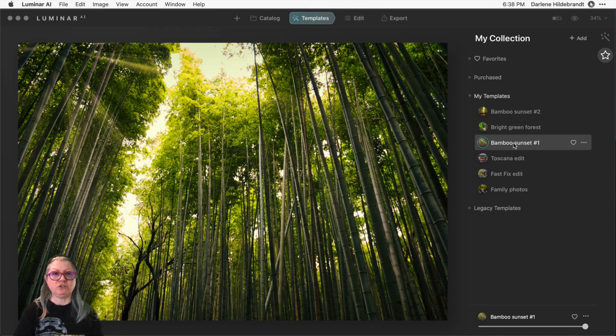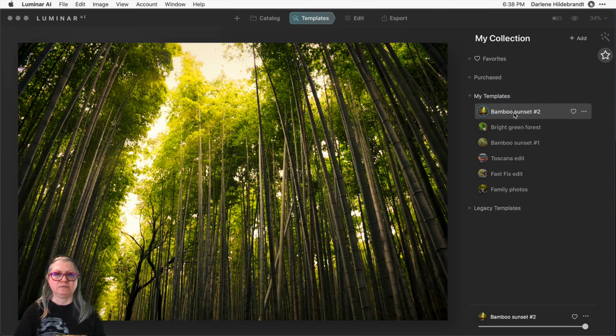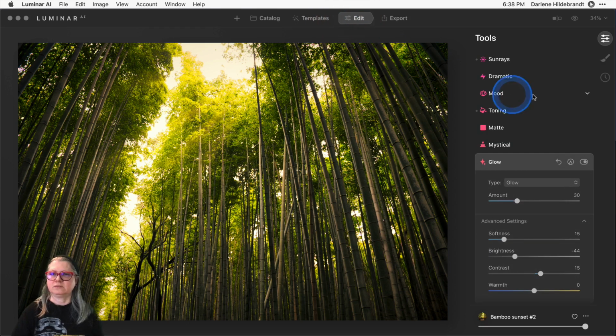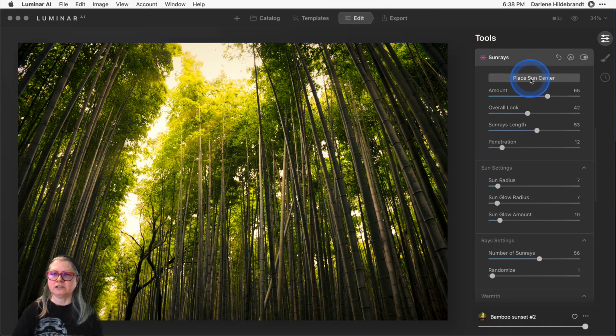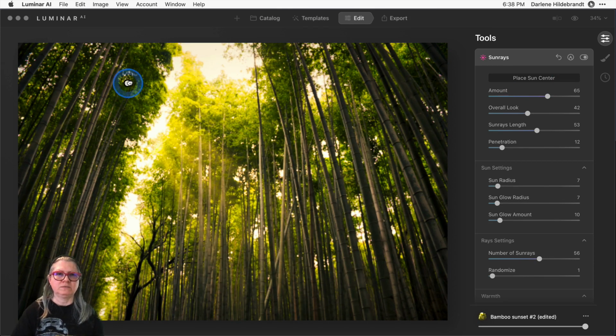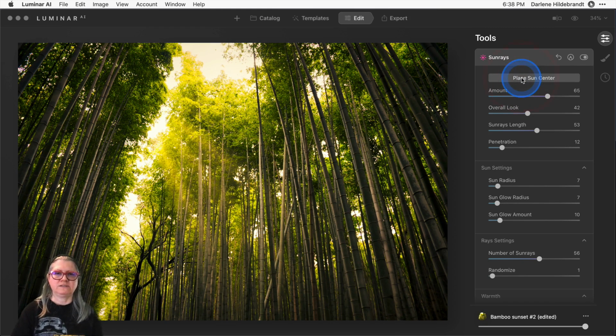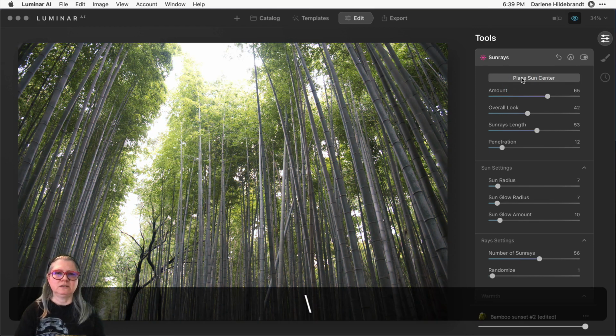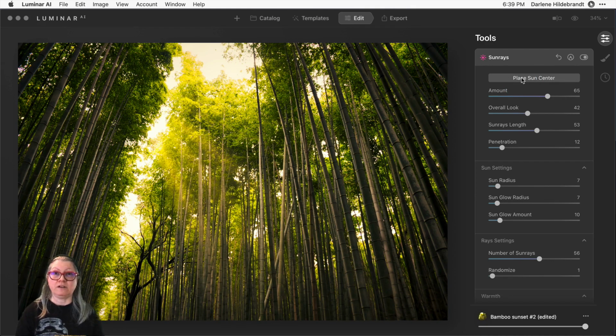So you can see with this image, one click and it's almost done. All I would need to do is move the sun rays to a more applicable location. Let's try Bamboo Sunset number 2. Slightly different, also good. And I think I could just move the sun rays. Once again, move the sun rays. See, it's fine behind here. Let's put it over here and create sort of this glow coming across this valley here. So one click and moving the sun, and I've got a finished image.